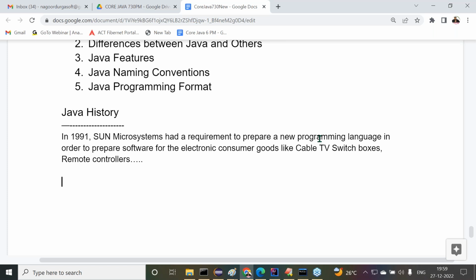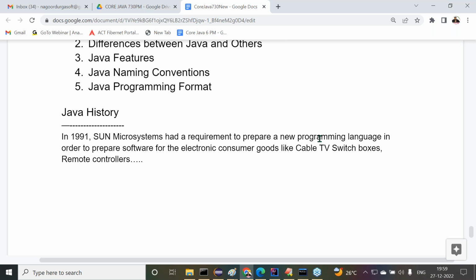But when it was started to prepare that new programming language, definitely it should be before 1996. The exact year was 1991.